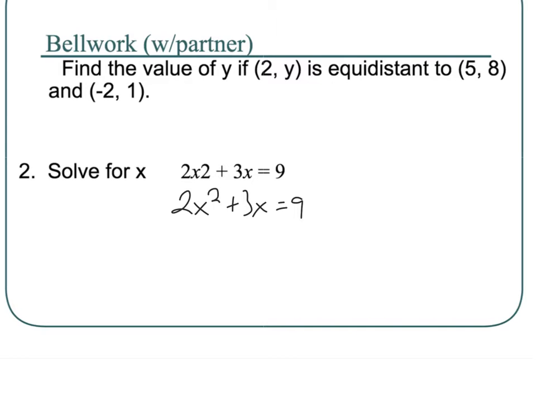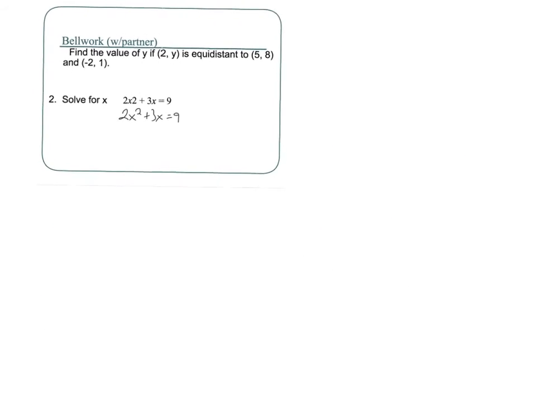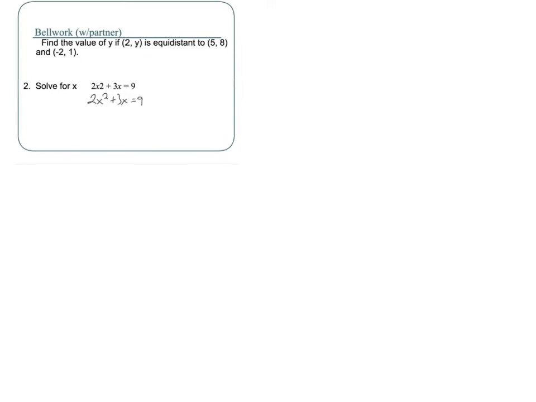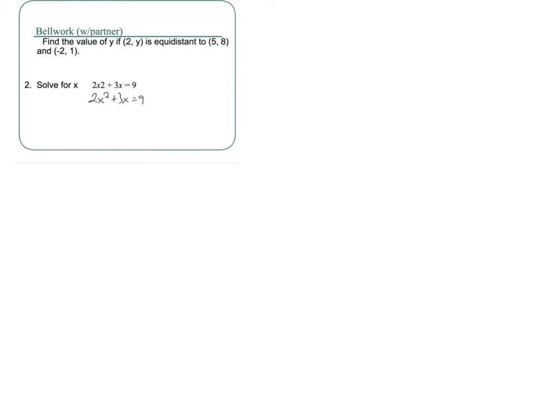So find the value of y if (2, y) is equidistant to (5, 8) and (-2, 1). Equidistant. So what's that going to look like? Let's see. I'm going to shrink this up so we have room to work. So the distance from (2, y) to (5, 8) would look like this. So 2 minus 5 squared. You could have done 5 minus 2, it doesn't matter. And then y minus 8 squared. And that's equal to,